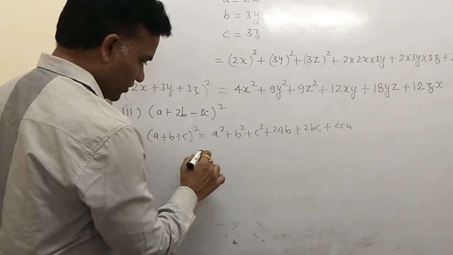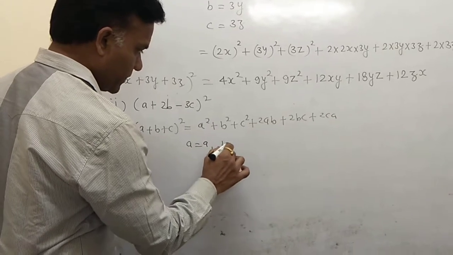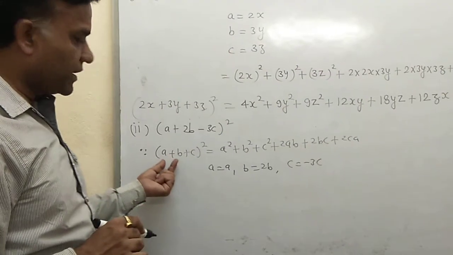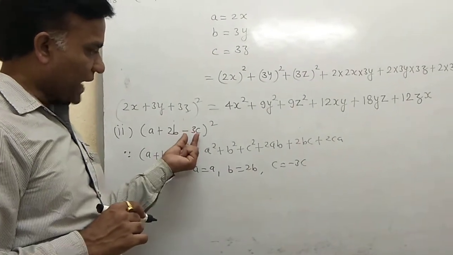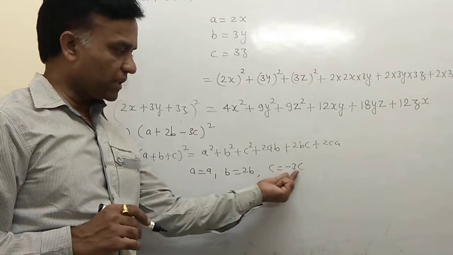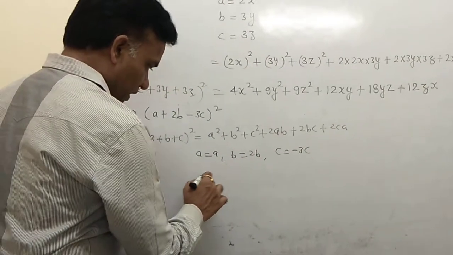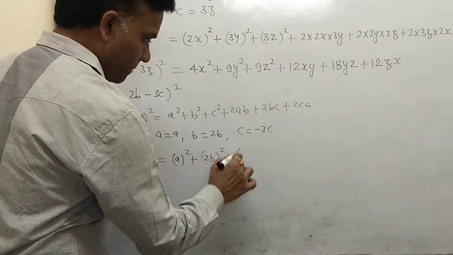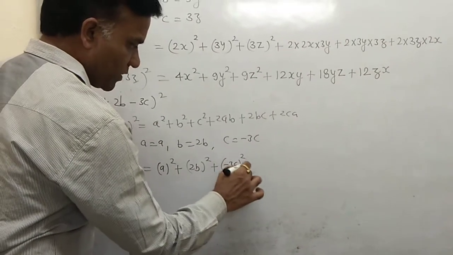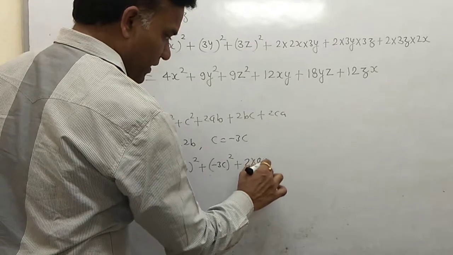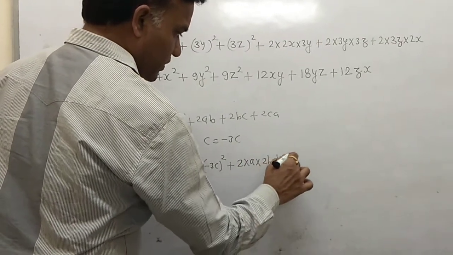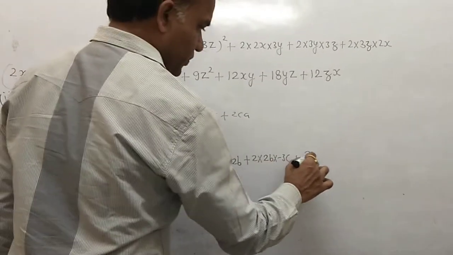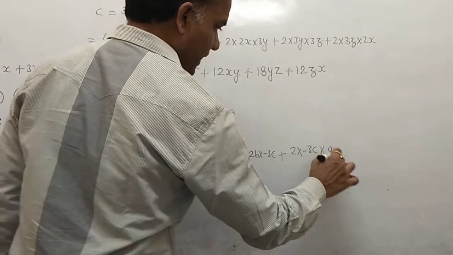Okay, so now you write down the value of a, that is a, the same; value of b is 2b and value of c is minus 3c, because now here we use the identity with a plus sign, but last time it had the minus sign, so here you use the sign with the number. Okay, so now we put the values: a square as it is, (2b) whole square, but here a minus sign is given, so (minus 3c) whole square, and then 2 into a as it is, 2b, 2 into b, b means 2b and c means minus 3c, plus 2 into minus 3c and a as it is.